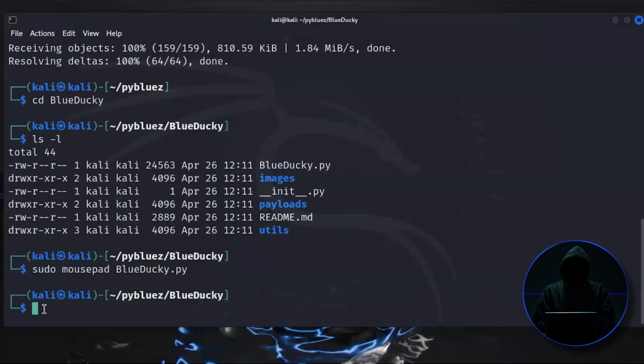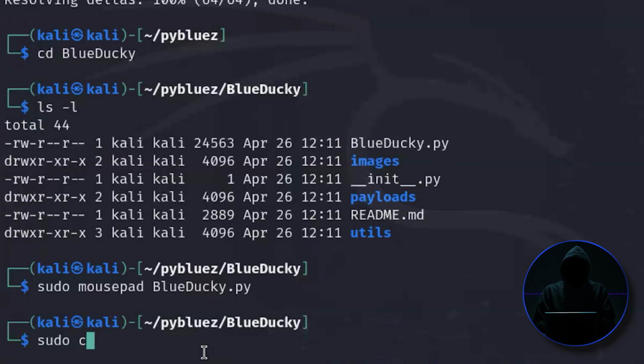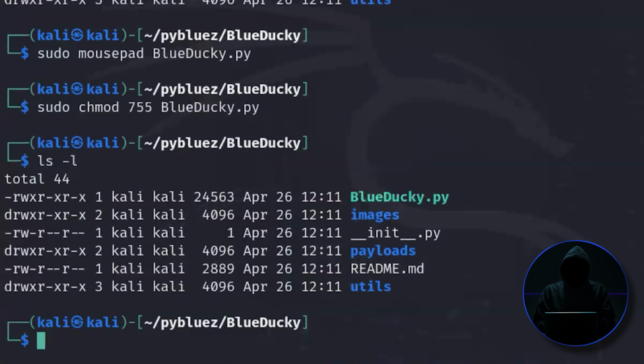Let's go ahead and you can see that we don't have permissions here. BlueDucky.py. Let's go ahead and give ourselves permissions to use it. And let's see, I'm going to go 755. That's kind of my standard. All right. And so now it should look good. Now let's go sudo python3